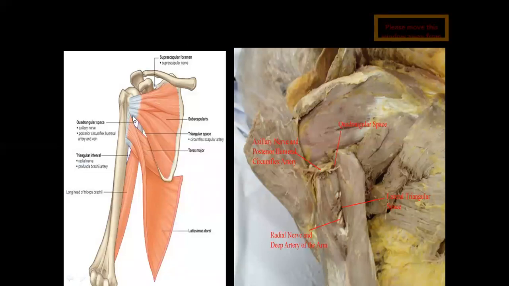Okay, so these are our quadrangular, upper triangular and lower triangular spaces. I kept a similar picture here to make you understand. See, what muscle is this? Round contour of shoulder. This is the deltoid muscle. And these are which fibers? Scapular fibers, acromial fibers. What is this point? Deltoid tuberosity. What is this space? We have the upper quadrangular space.